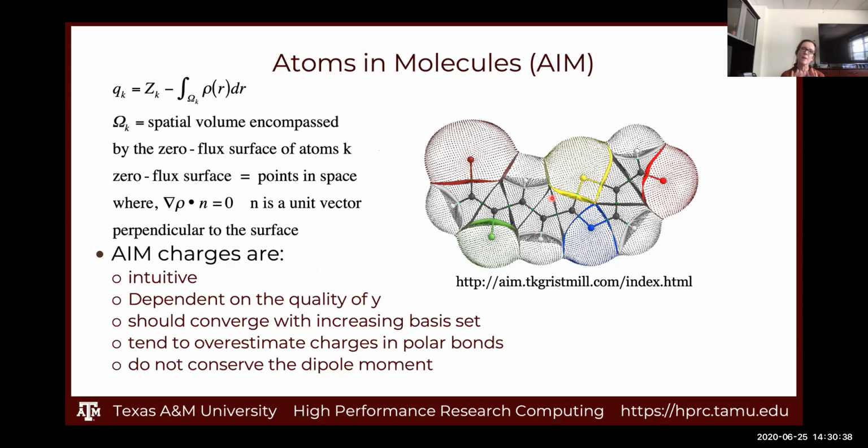This one is just mathematically rigorous. It has nice mathematical form. The atoms and molecules. It takes the density, it looks for the zero flux surface, and then it assigns the density that's within the zero flux surface to the atom that is contained within the zero flux surface. So it seems like it's a wonderfully mathematically sound way of assigning density to the atoms, but often it comes up with, again, some partial charges that are not really consistent with what we know about the elements in general. Okay, so it's intuitive, but often doesn't give you